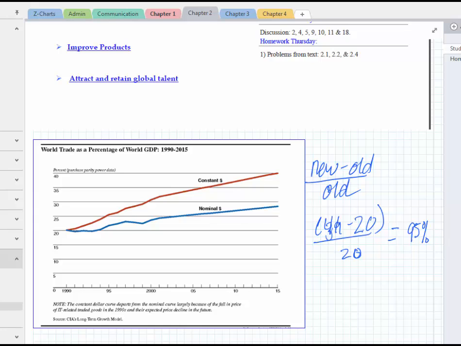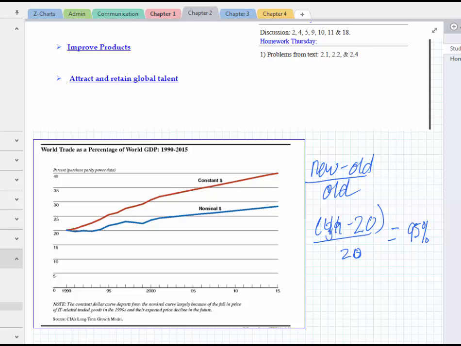So let's just say that we use 39% instead of 41. It just makes it easier. So I don't know why this didn't erase very well, but anyways, 39% minus 20% divided by 20, right? So new minus old divided by old is an increase of 95%. If we go to 41%, it's over 100%. The point being,